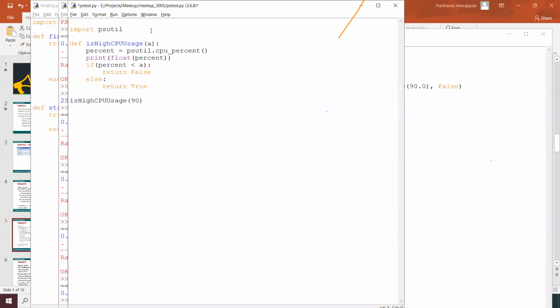Since we have not used import sys, we do not need import sys or OS anything over here.